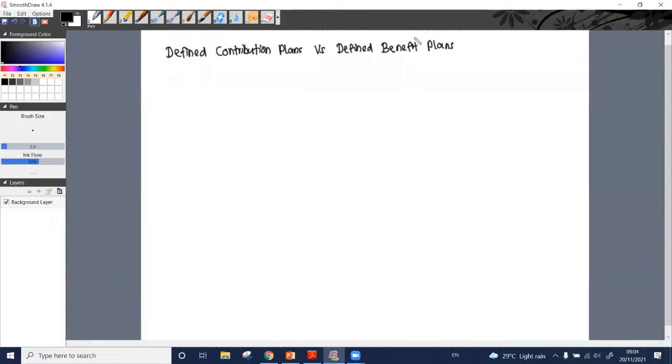Right, you know some of the differences between these two, defined contribution plans and defined benefit plans. Here we are not using discounting, but here we need to use discounting. Here we use simple accounting. Here we have to use complex accounting. Here we recognize the expenses when they are due, but here we need to use actuarial assumptions when identifying the expenses. Right.